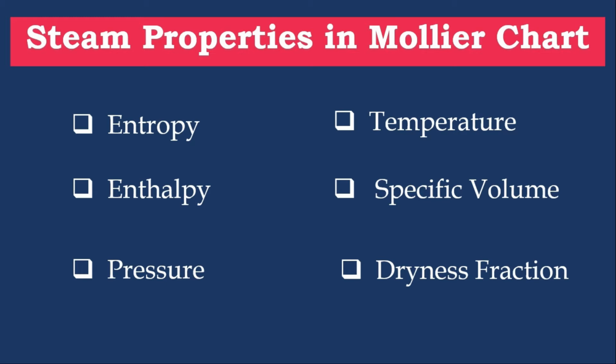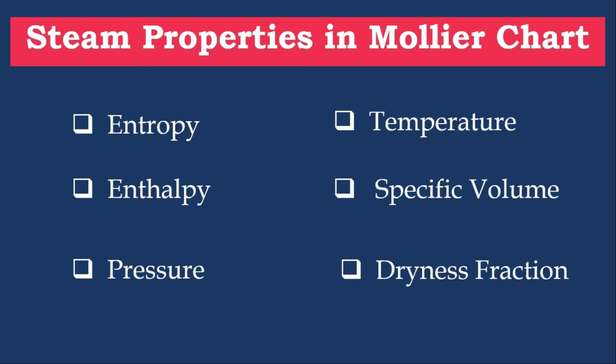For example, we have superheated steam at a pressure of 10.5 bar and temperature 280 degrees Celsius. If you check the steam table, these pressure and temperature values will not be there, which means both are unknown in the steam table. At that time we cannot use the steam table; we can use the Mollier chart. So the Mollier chart can be used for any properties, but two properties must be known. In a steam table, if properties are not available, we go for interpolation. If two properties are not available, then it is not possible to do interpolation.